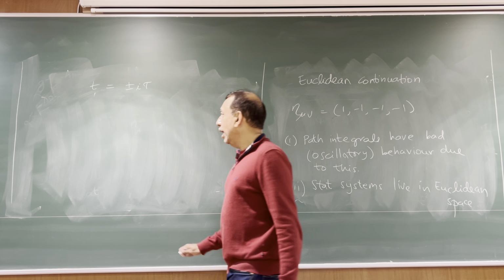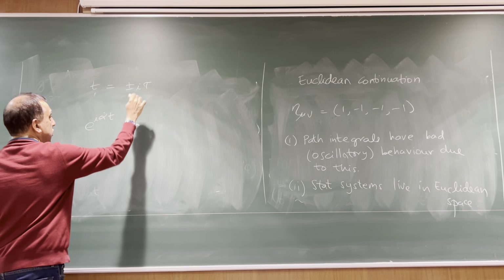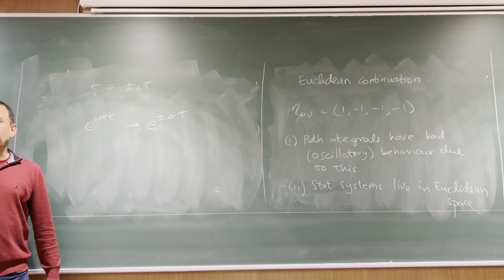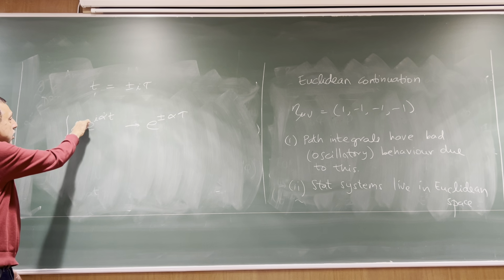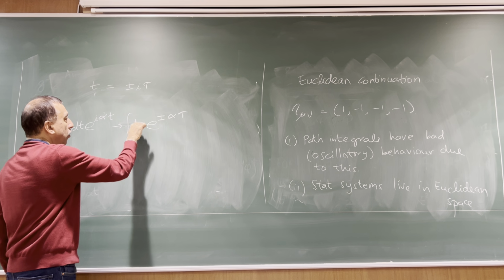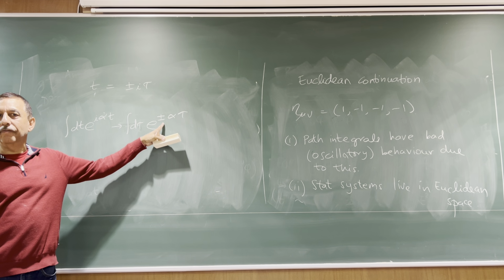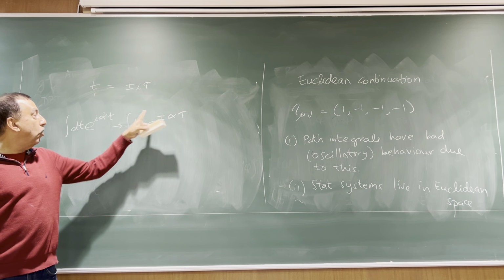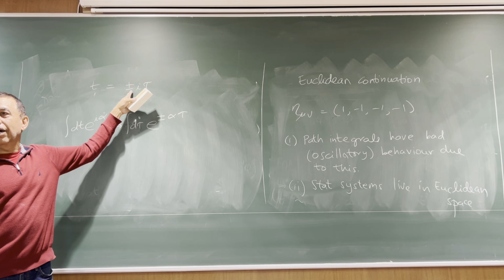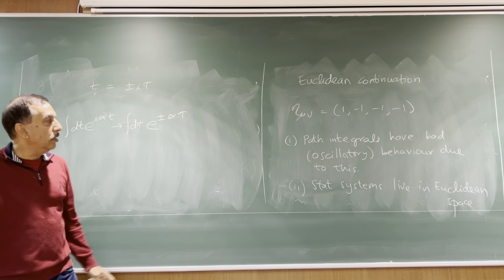So for example, if you have a behavior like e to the i alpha t, then after this continuation, it will go to e to the plus or minus alpha tau. Supposing I wanted to integrate, this integral is miserable, it just keeps oscillating. This integral is very nice if I have the minus sign. It's bounded now, it's decreasing, damped, wonderful. With plus, it's horrible, even more than this was horrible, it's worse. That means that only one of these signs will work, the other one won't work. Okay, but it can be a good thing to help us make integrals converge, and this is why we use